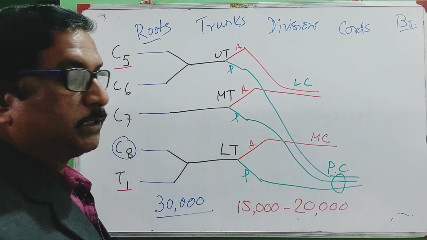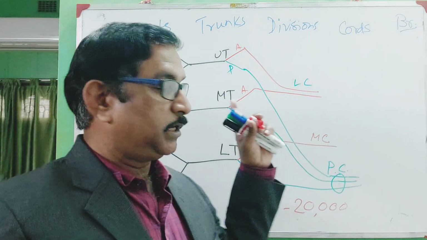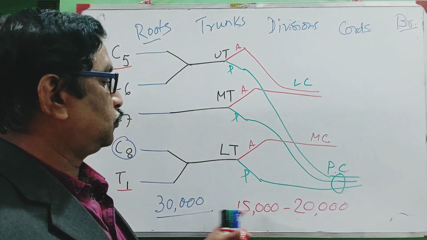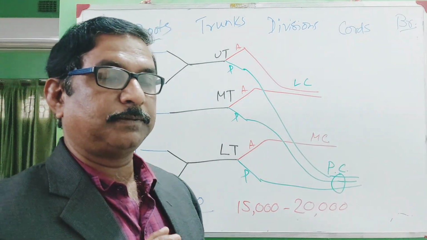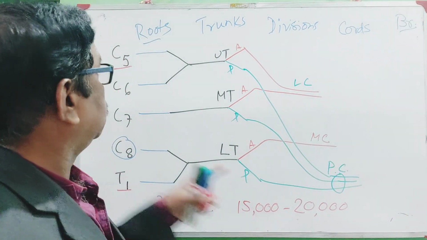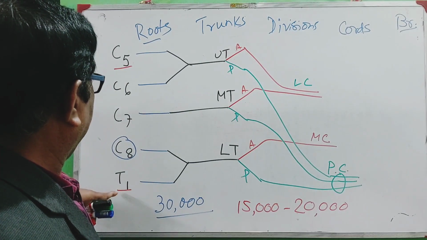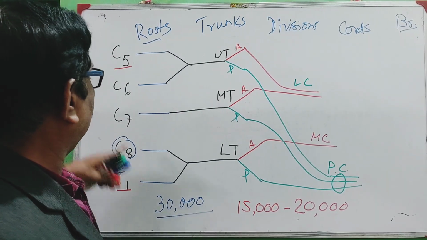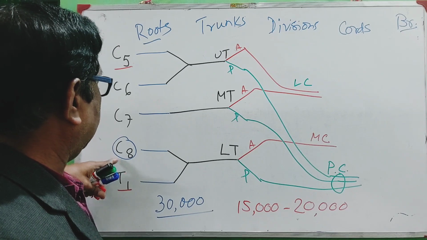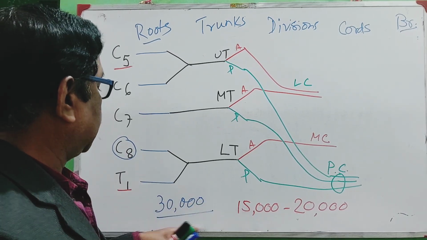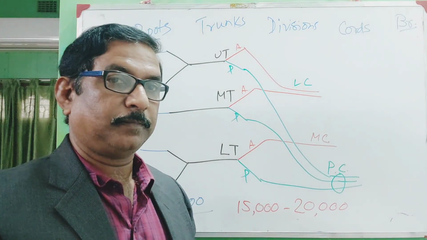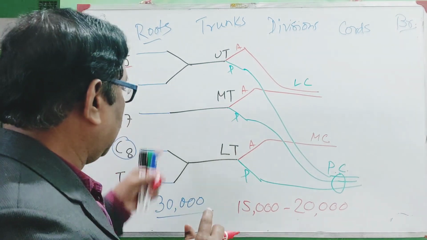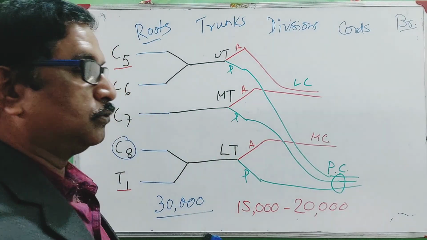The C6 root contains in between these two. So, lowest may be 15,000 to 20,000, from C5 and T1, and highest from C7 and C8, and from C8 it is about 30,000 fibers. So, altogether the brachial plexus including all the roots may contain